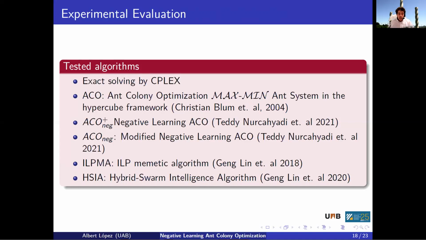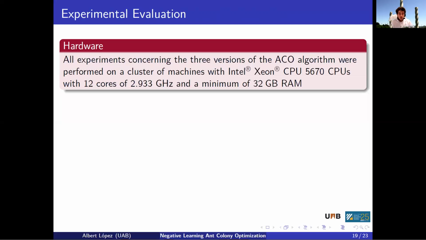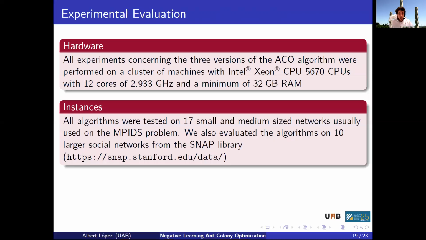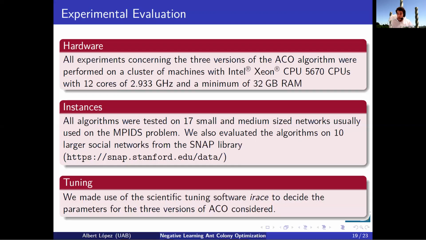Then we have an ILP, a memetic algorithm, and a hybrid tribe intelligence algorithm proposed by the same first author but with different collaborators in 2018 and 2020. The hardware we've used is a cluster of machines with Intel Xeon CPUs, and the hardware is not of much interest. For the instances, we used 17 small and medium-sized networks, which are the standard benchmarking networks for this problem, and another 10 of larger size in which our algorithm performs better than any other we've found to this date. The tuning of the parameters, which have appeared at different moments of this talk, has been done with the software irace,